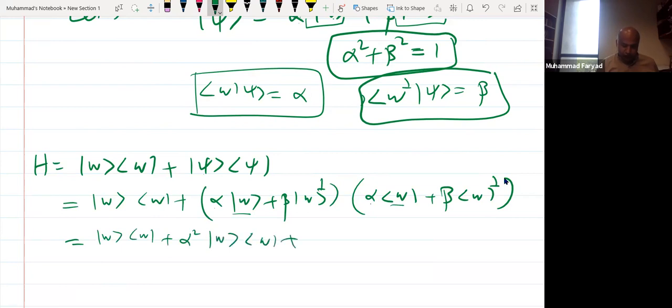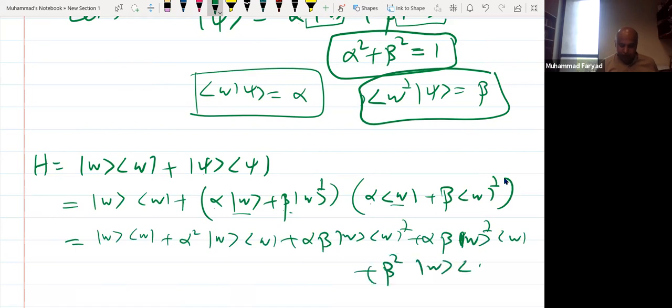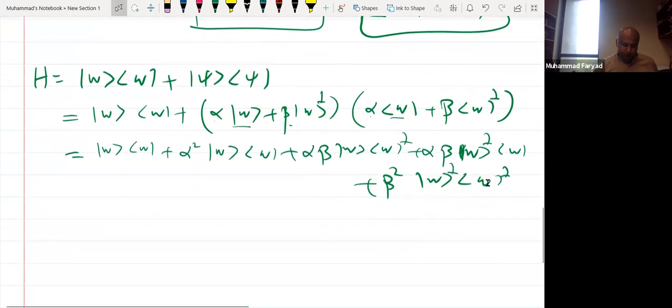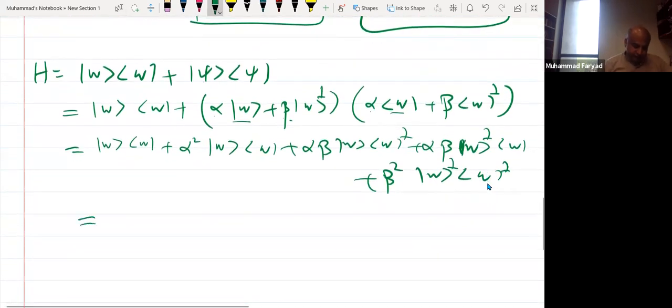Alpha into beta with omega, omega perpendicular. Beta into alpha is again alpha, beta, omega perpendicular, omega. And then the last term is beta square omega perpendicular, omega perpendicular. Which means that if I write it in matrix form, this Hamiltonian, where this term is for omega omega, I